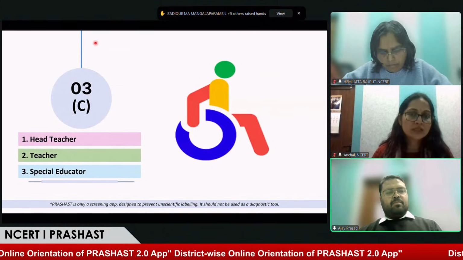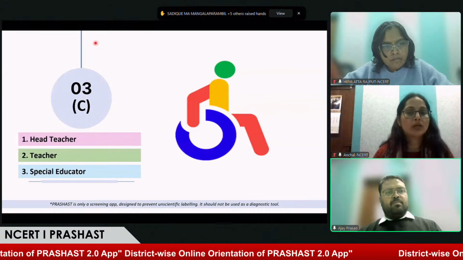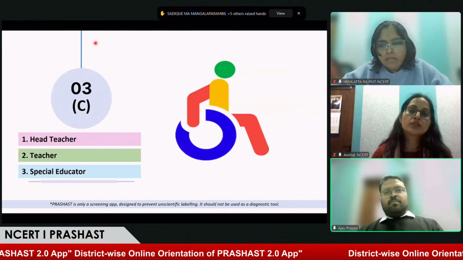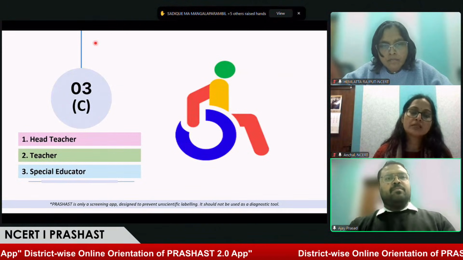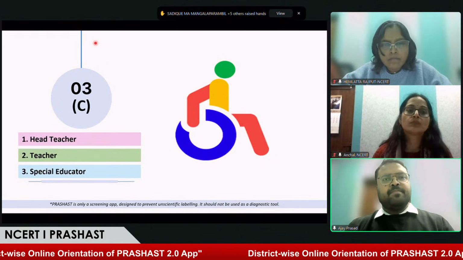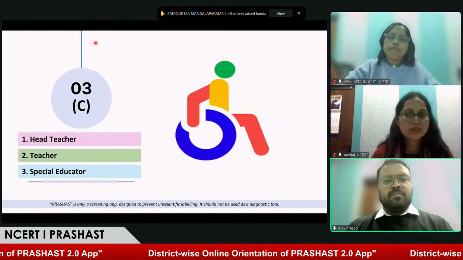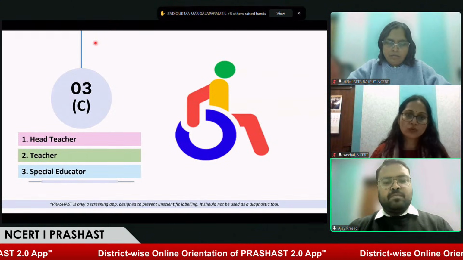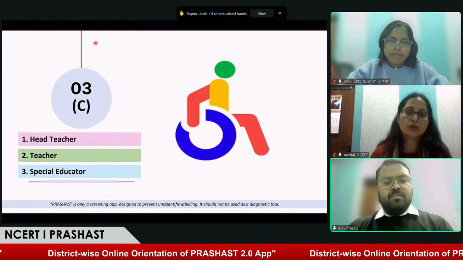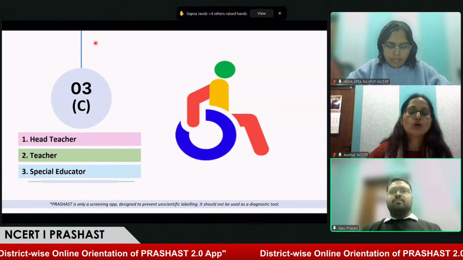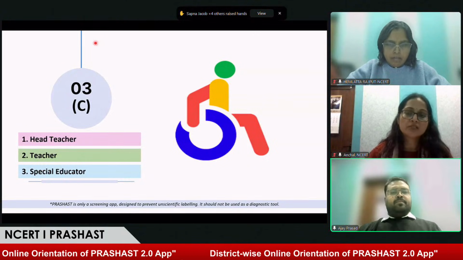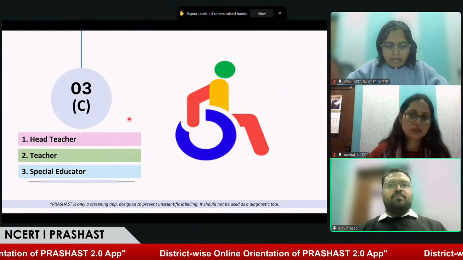The teacher performs part 1 screening and the special educator performs part 2 screening. After completion of part 2 screening, the headmaster will share the screening data with the Samagra Shiksha official for the identification and certification camp. So this is the complete flow of this application. All three should be in the application and perform their responsibility.